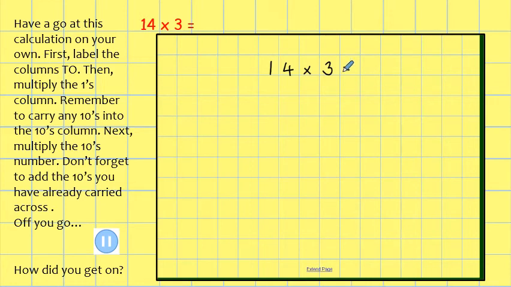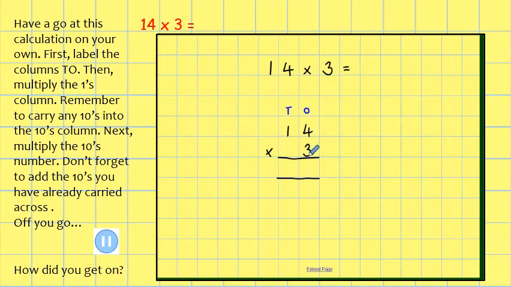Okay. Hopefully you set your sum out as we practiced before, in our expanded column. This time you had to add your other equal sign there, didn't you? Then hopefully you multiplied your ones number